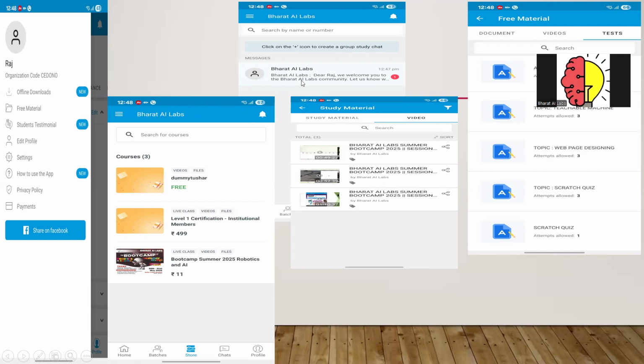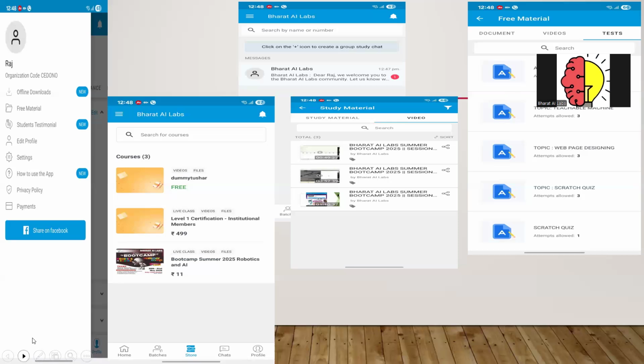Here is the chat group. If we send any notification or announcement, they can see it here. And study material like this, and assignments, maybe some quizzes, tests, and many more. So the student can easily access their dashboard.